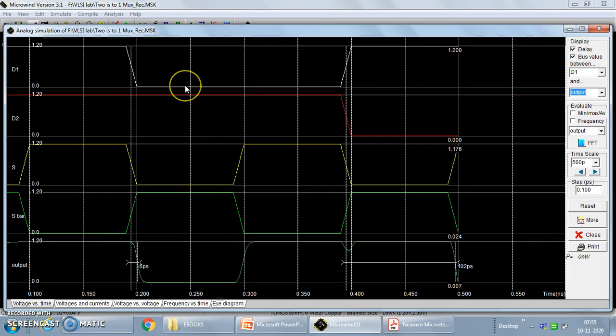It is because of the D1 state. So make a note here, the D1 is D0 according to our circuit, D0 and D1. Based upon the select line conditions, when select line is 1, here the D1 state is 1, so this is becoming 1. In short, the output waveforms indicate that if select line is 1, it follows D1, and if select line is 0, it follows D0.